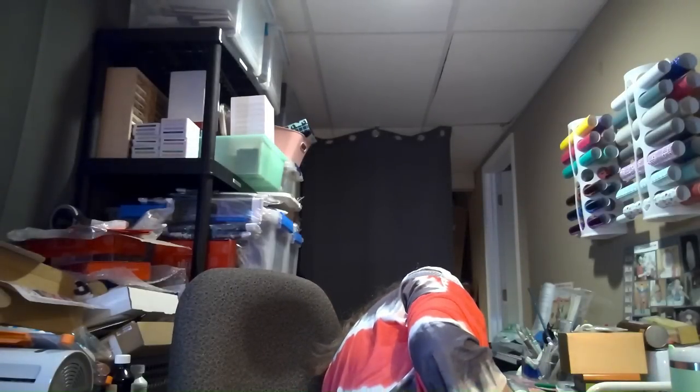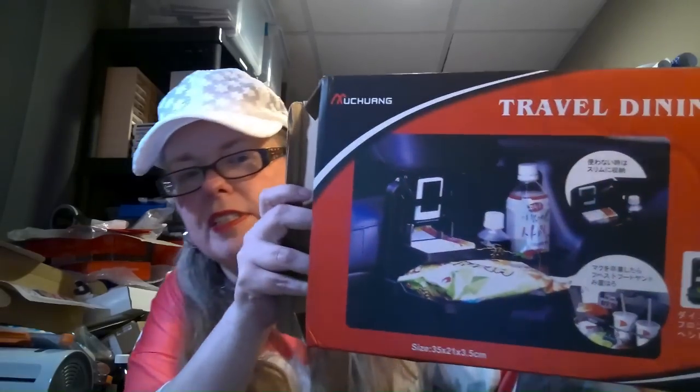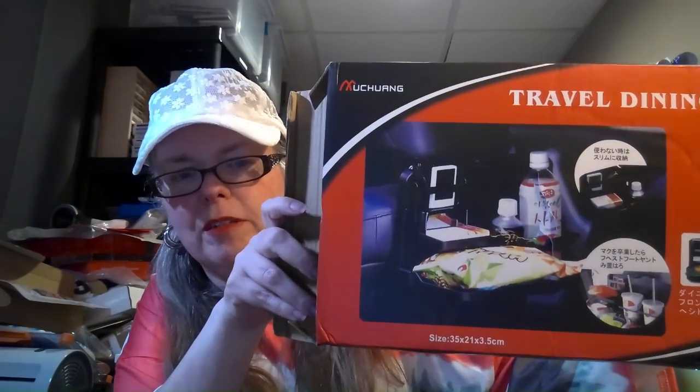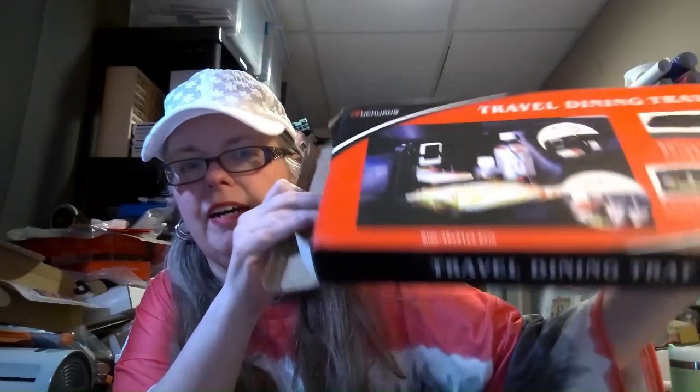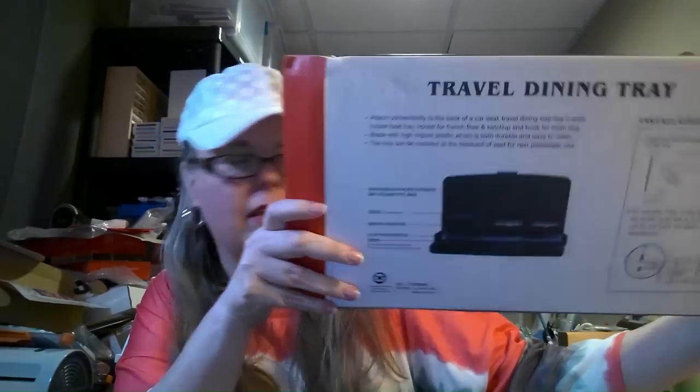And then let's do this next. So this is a travel dining tray that you would put, I don't know how well it would work in a car, but probably it would work okay in an SUV and a van. But you put this on the back of one of the front seats, and it's kind of like a, well, let's see if you can see. It's kind of black, so it might be a little bit hard to see, but it kind of is like an airplane tray kind of thing that it pops down,